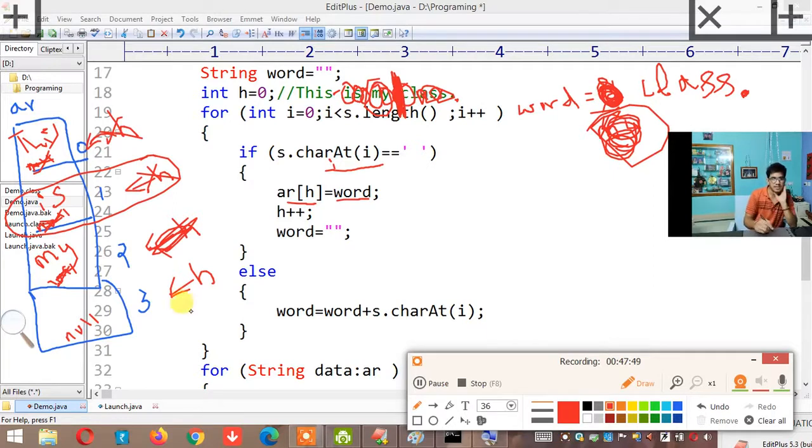But what's the problem? After seeing this dot, your i value has incremented to 17. Is that 17 inside the string or outside the string? The index is outside the string. If the index is outside the string, your for loop will end. Agree or not? Your for loop will end. Now, if our for loop ends, are we storing anything in the null? Are we storing anything in arr of 3? No, we are not storing. Again, I'll tell you why you are not storing.